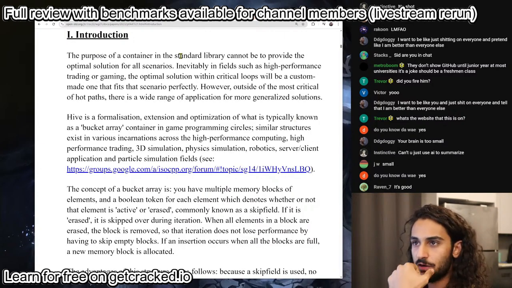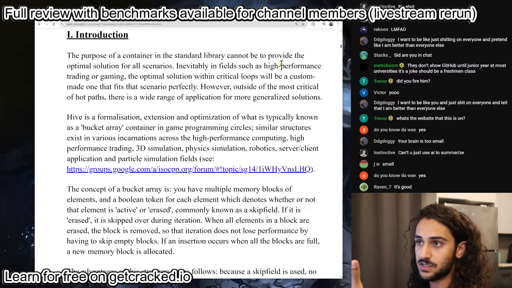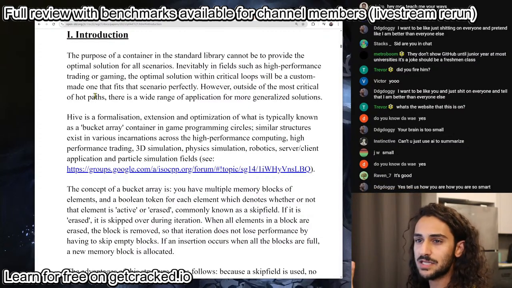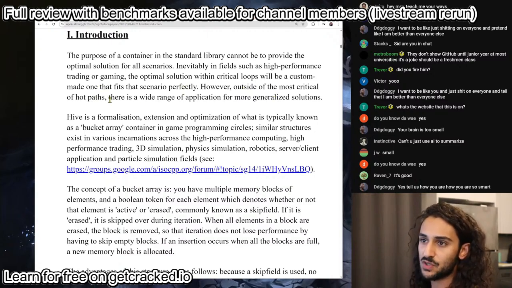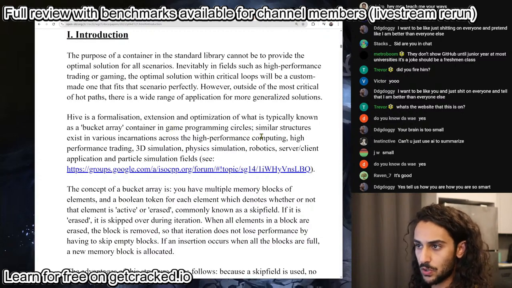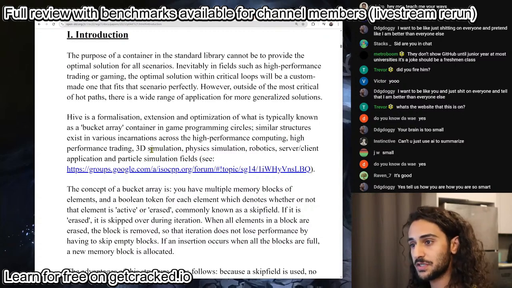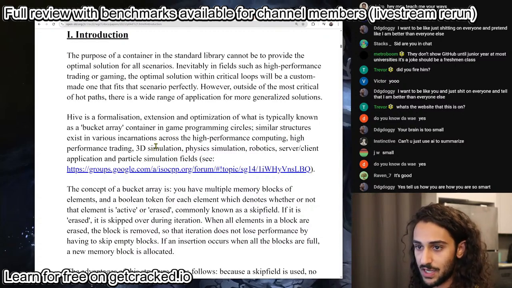The purpose of a container in the standard library cannot be to provide the optimal solution for all scenarios. Inevitably, in fields such as high-performance trading or gaming, the optimal solution within critical loops will be a custom-made one that fits that scenario perfectly. However, outside of the most critical of hot paths, there's a wide range of applications for more generalized solutions. Hive is a formalization, extension, and optimization of what is typically known as a bucket array container in game programming circles. Similar structures exist in various incarnations across high-performance computing, high-performance trading, 3D simulations, physics simulations, robotics, server-client applications, and